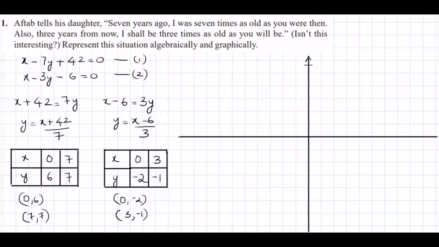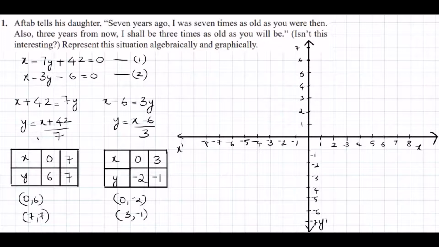So you know how to draw the graph. When you get the graph paper, you have to mark the axes. So this is the x-axis and this is the y-axis. As the values you have got are small, you can take the units as 1, 2, 3, etc. So now let's plot the values. This is the solution table for the first equation and this is the solution table for the second equation.